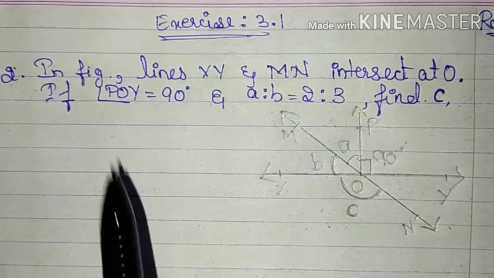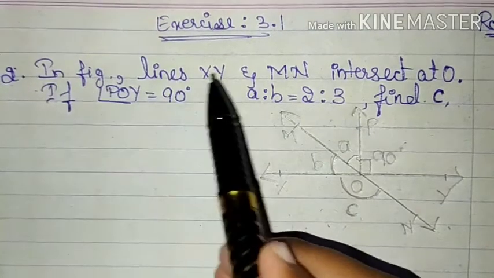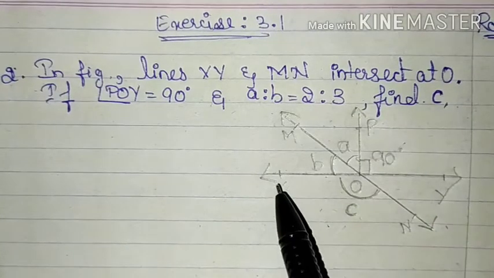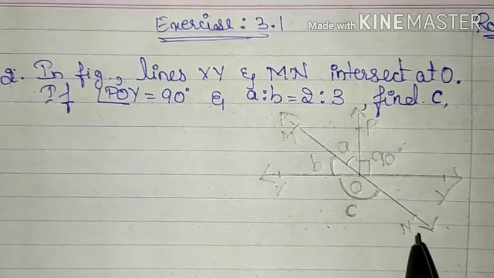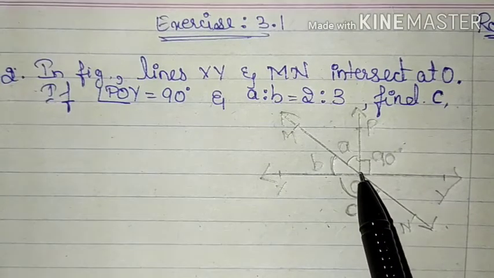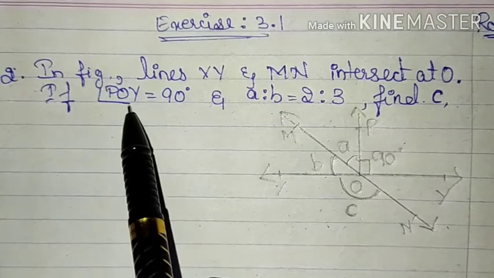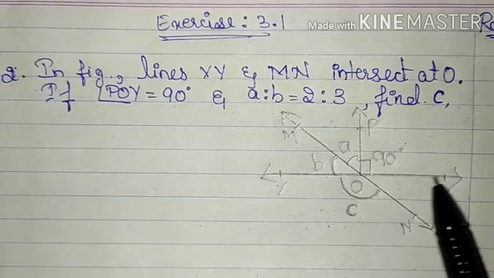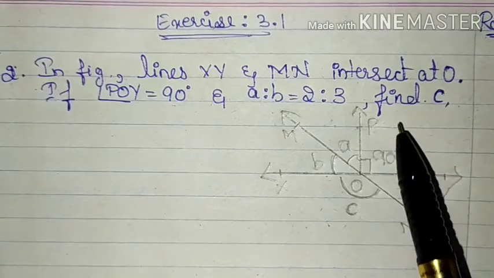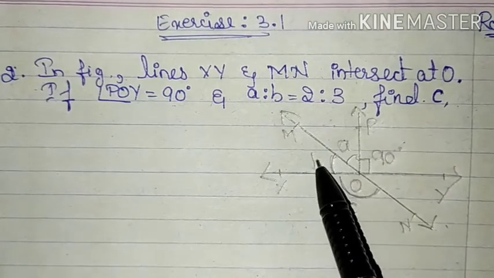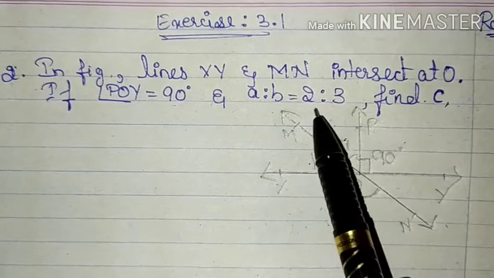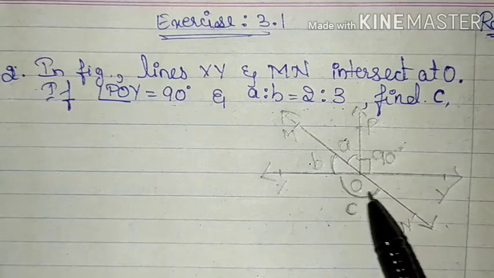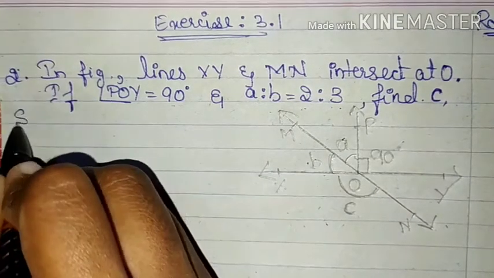In the second question, in the figure, lines XY and MN intersect at O. So here look at the figure. Lines XY and MN intersect at point O. If angle POY is equal to 90 degrees, and A is to B, that is angle A is to B is 2:3, find the value of angle C. So solution: